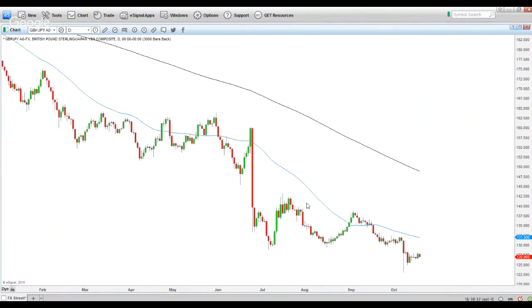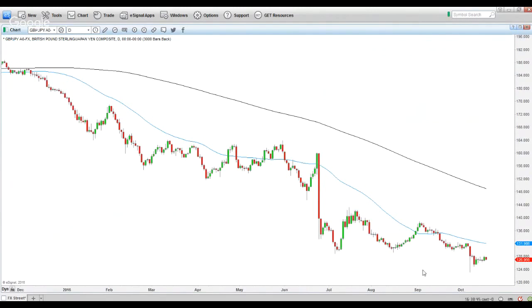I then got back in at the 140 level, and I'm now short. I'm back short on these positions. A break and a close below this pivot support, and I will look to add further positions. I currently have, I believe, if I remember correctly, 5 or 6 positions open, and my total profit now is running at over 5,000 pips. Okay, so these 5 or 6 positions running at over 5,000 pips. And this is only set to grow.